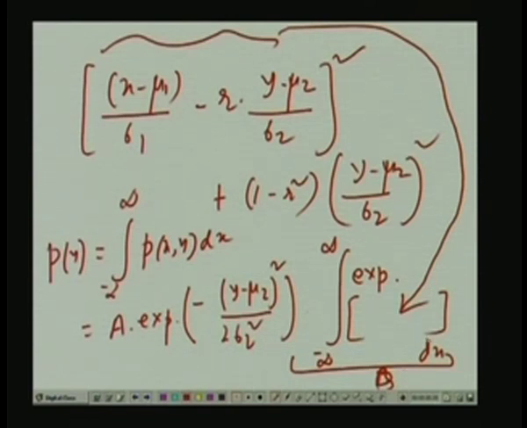So, you get a b times this quantity, but this has to be a probability. And we know this already takes the Gaussian shape, y minus mu 2 whole square by twice sigma 2 square. So, that means